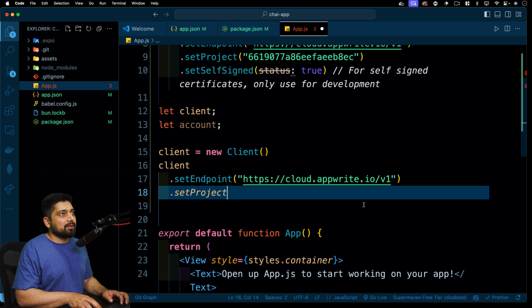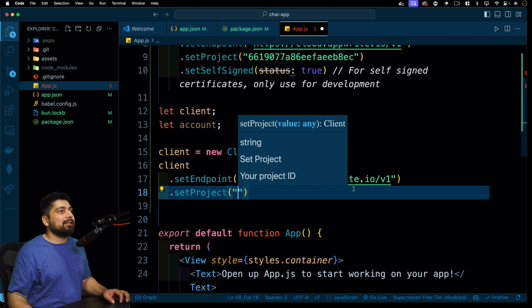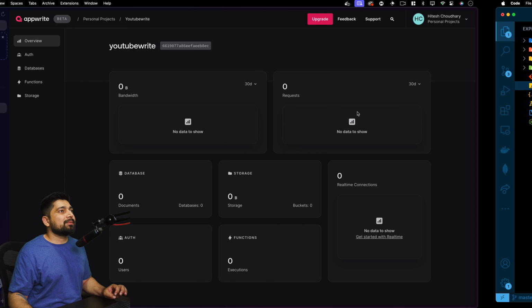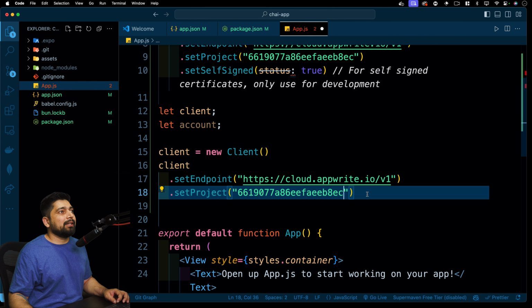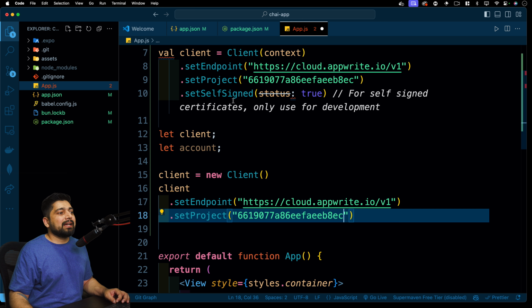Set project, that's the one. This is where we need the ID. So I'll just go ahead and grab, where is my ID? Copy this and paste it up here. That's all we need. And we don't need the self-sign and all these things, but rather, if you look in